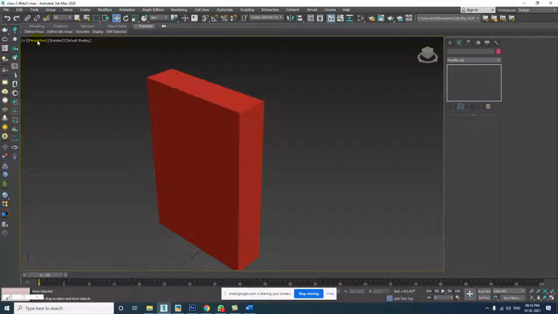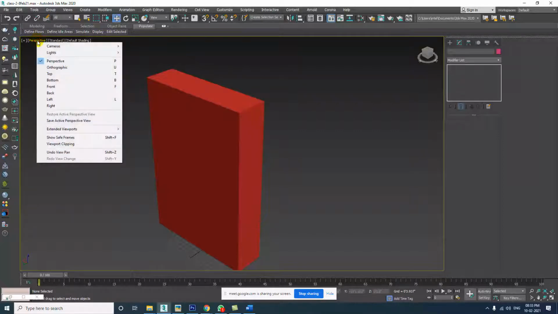Okay, and you have to click on the perspective, and you can see the first option is camera and the second is light. So, camera and light. As of now I'm skipping over these options because camera and light we're going to cover in coming classes. Right now we will go through just the basic interface. So first is perspective. After camera and light, you will get perspective, which is currently ticked over here, which means it is the current view.